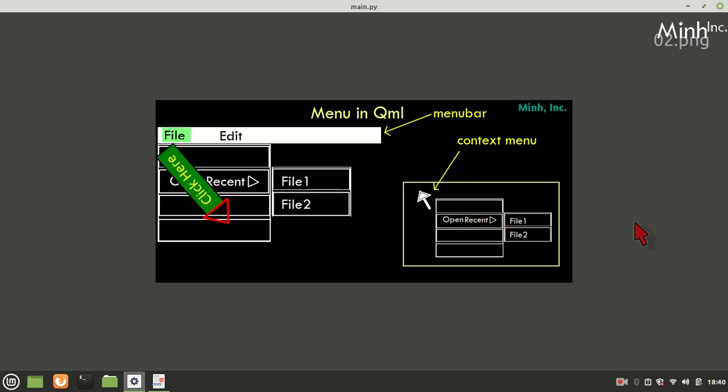The same menu can be represented in a menu bar. So this white bar is the menu bar. On that, two menus are affixed, File and Edit. If someone clicks on File, a popup comes, and 1 submenu is there, again a popup comes, same thing, and File 1, File 2 are menu items. Here 3 menu items are there.